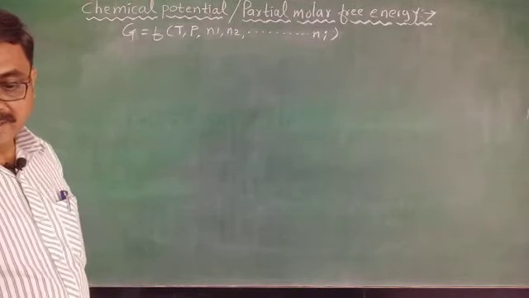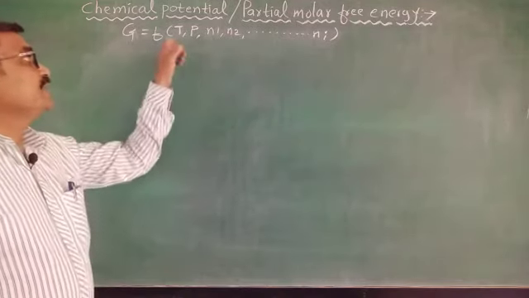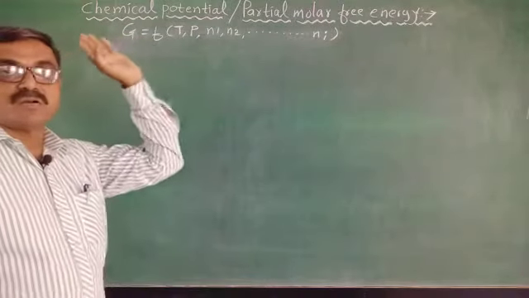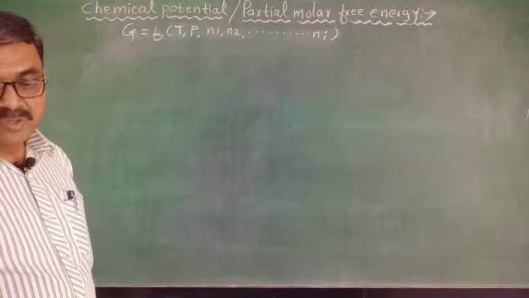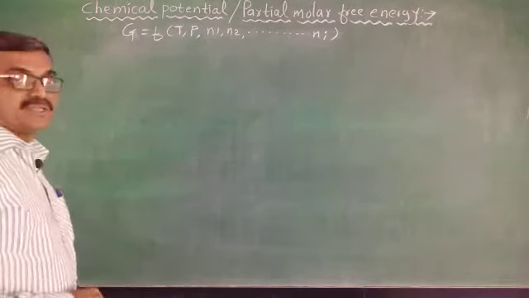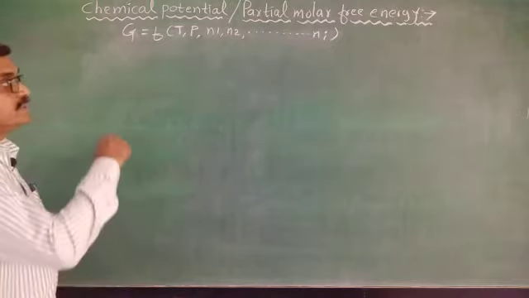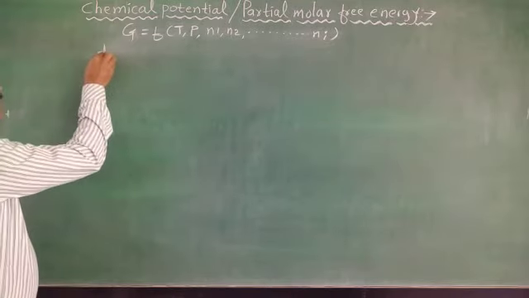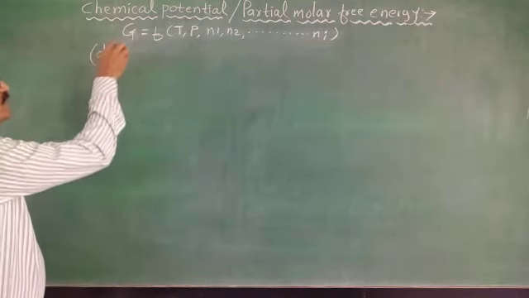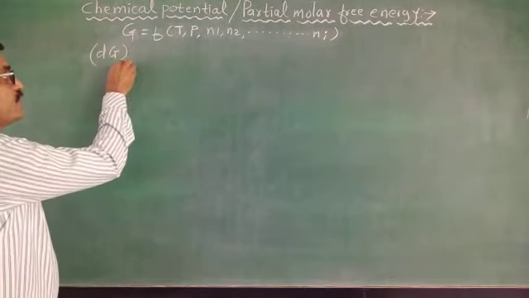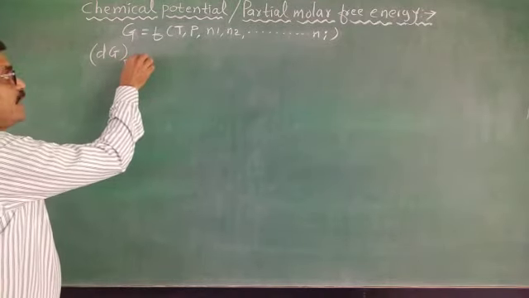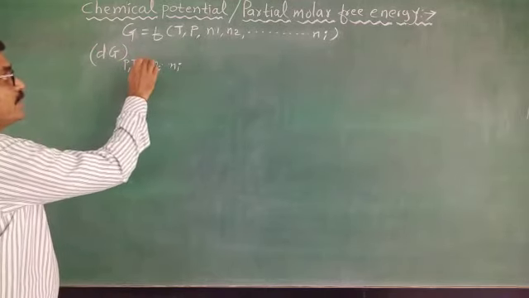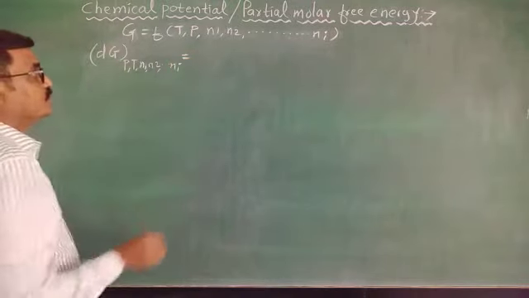Now if there is a small change in temperature, pressure and number of constituents, then there will be a corresponding change in the Gibbs free energy. Such a change in the Gibbs free energy is obtained by differentiating this equation. Now this is dG, the differentiation of G, at constant pressure, temperature and number of constituents N1, N2, ..., Ni, is equal to